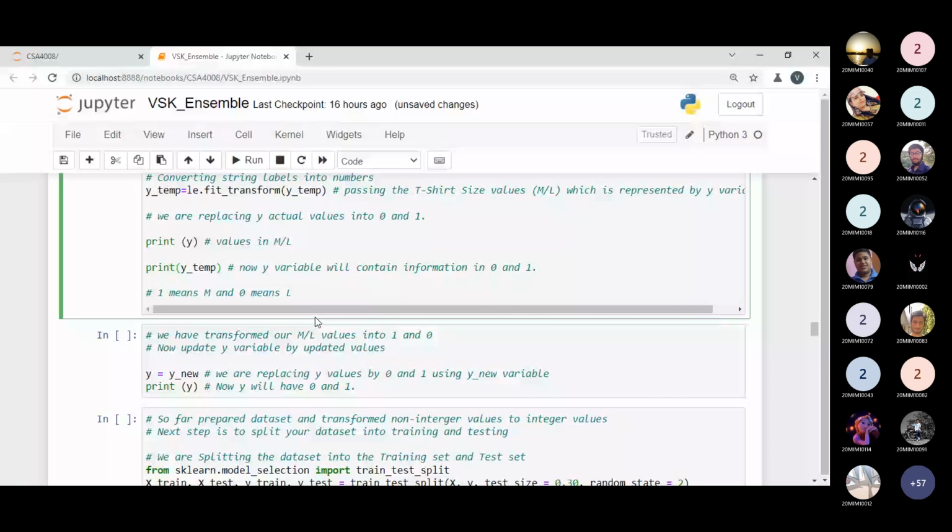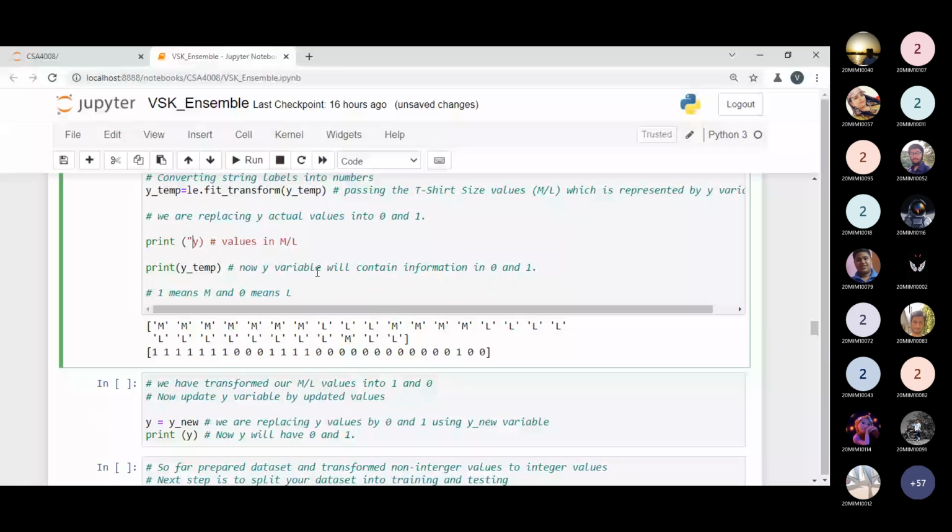So y is representing this point right now. For your better understanding I can write over here: actual values, and these are the transformed values.